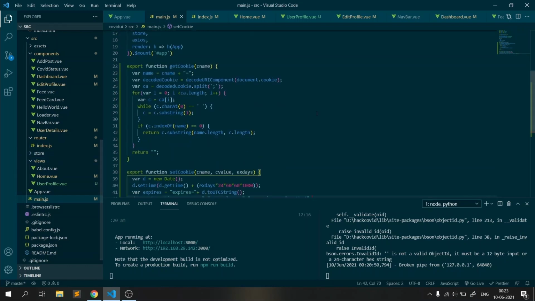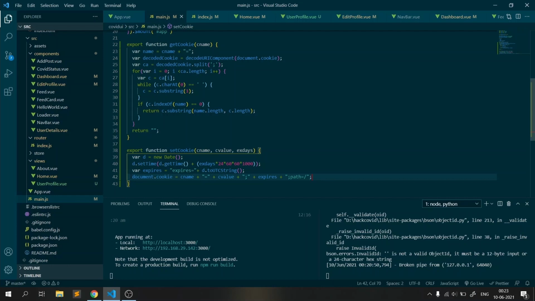And then we have a get cookie function. Now as the cookies are stored in document.cookie, whenever you try to use document.cookie again, you are given a complete list of cookies. That is, if there are 1000 cookies for a particular page, you will be given all 1000 cookies. The document.cookie doesn't store the cookies in the form of objects, so you have to split the cookies again to get the desired cookie.